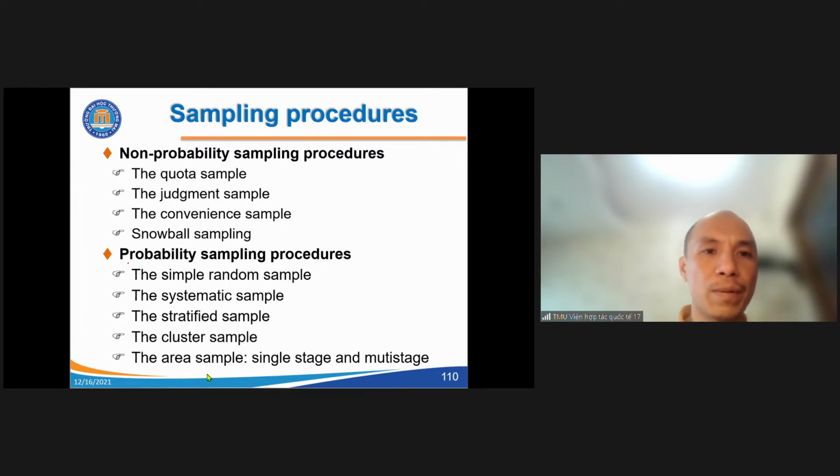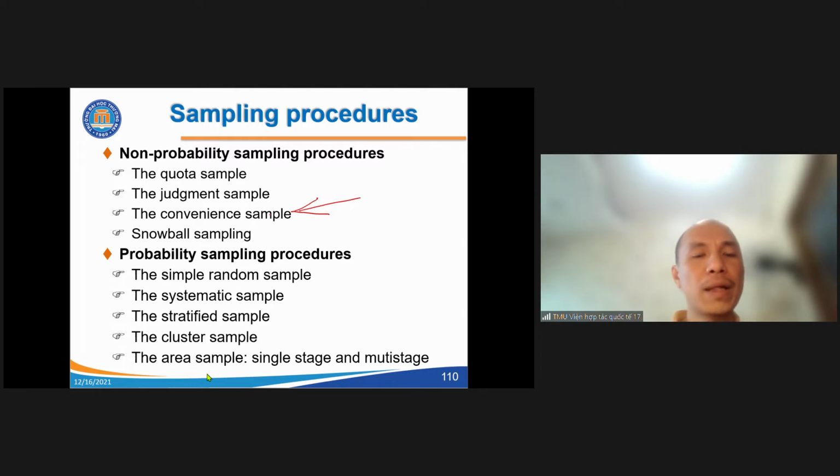For example, a very popular technique is the convenience sample. For example, if you go to the supermarket, then you send the questionnaires to anybody you meet, that is the convenience